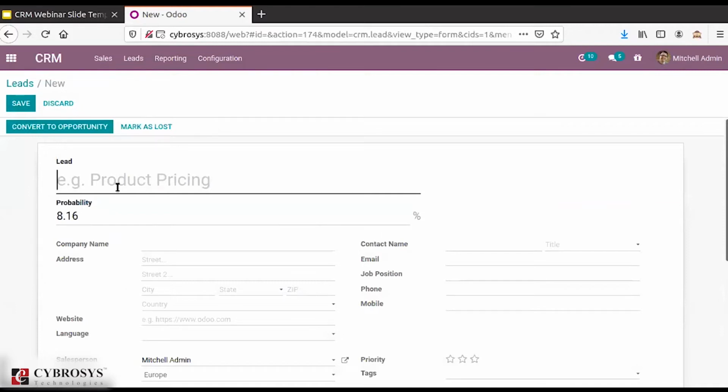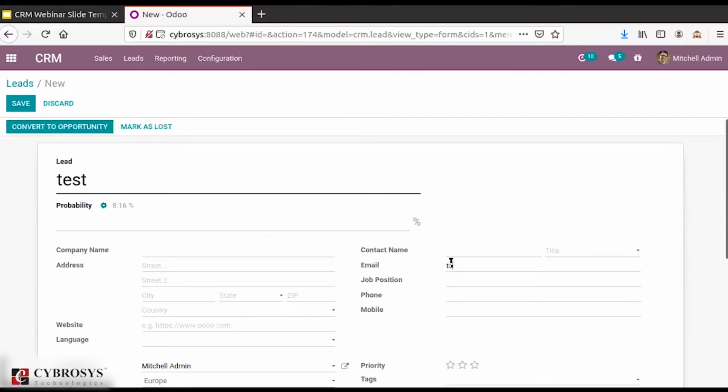Suppose I have enabled the option in the settings called lead enrichment, and I am creating a lead called test, and I am not providing any other information other than an email address, like test@gmail.com. So here you can see I have just provided the email address only.